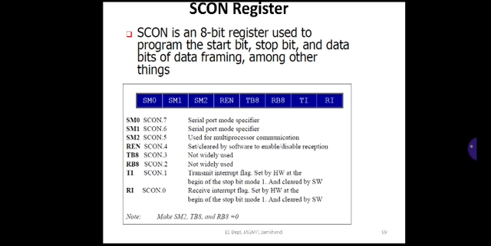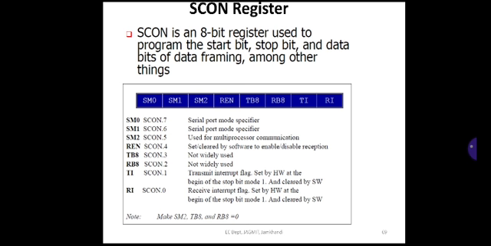Out of these 8 bits, remember that SM2, TB8 and RB8 are not mostly used. That's why they are equal to 0. SM2 is used for multiprocessor communication. We are not using a multiprocessor communication environment here, that's why it has to be made 0. Then TB8 and RB8 are also not widely used, that's why make them 0.